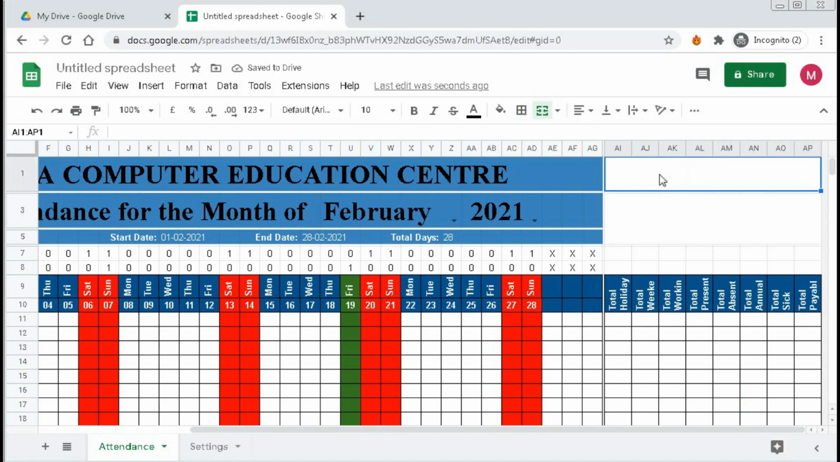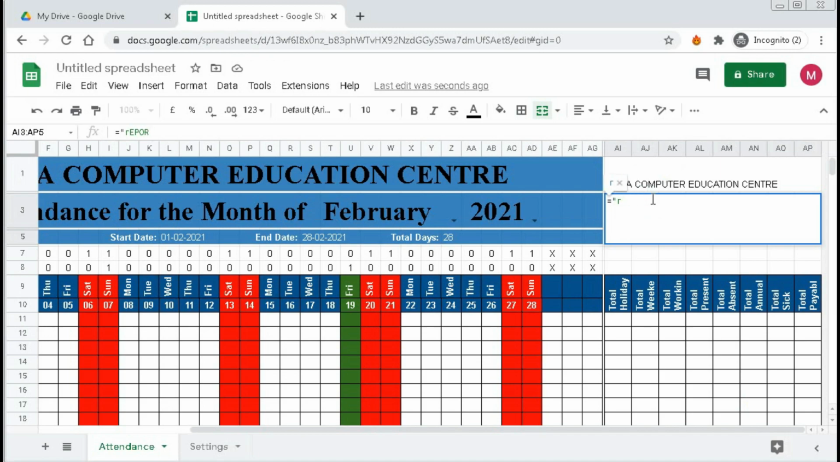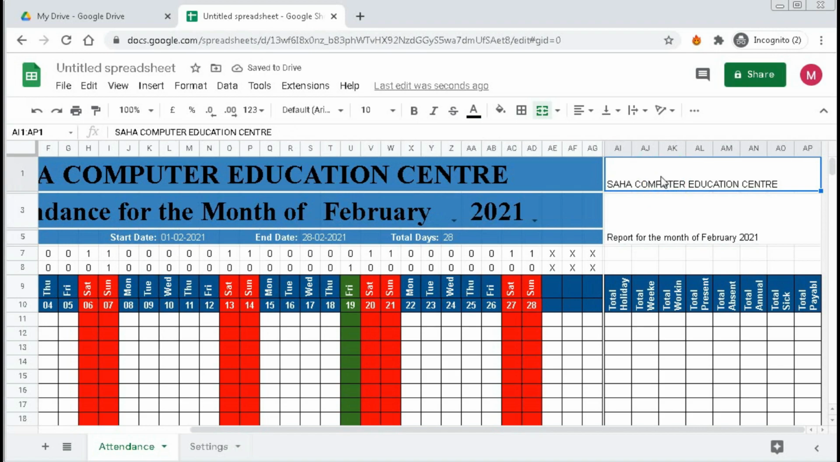Type here Shaha Computer Education Center, and here equal to "report for the month of "&month&" "&year. Enter. Now select this cell and take 20,